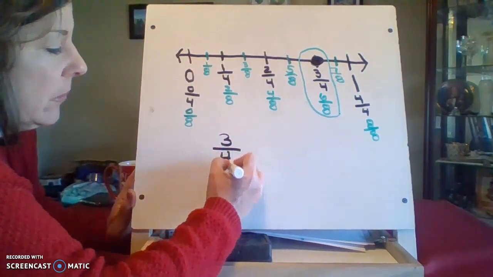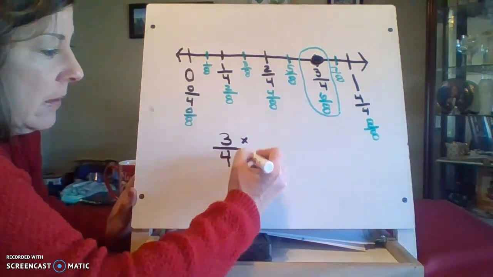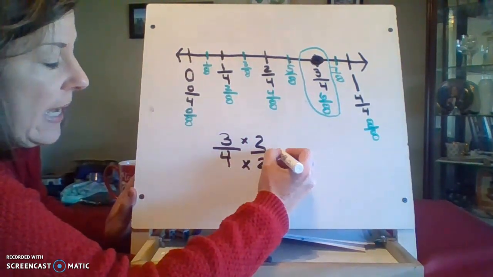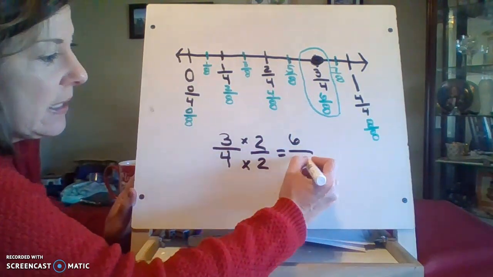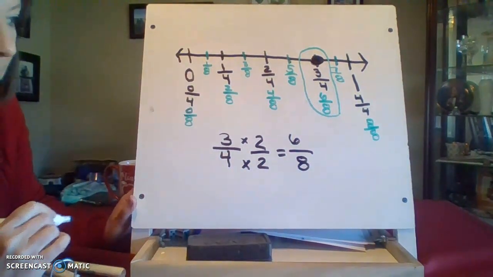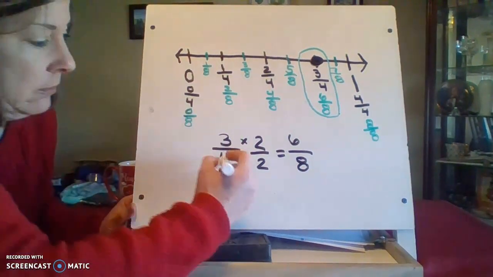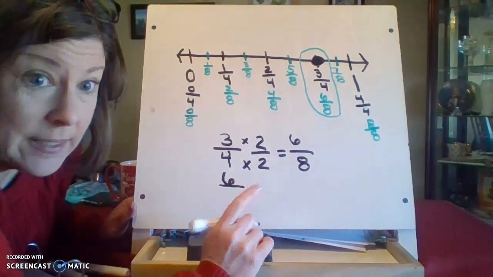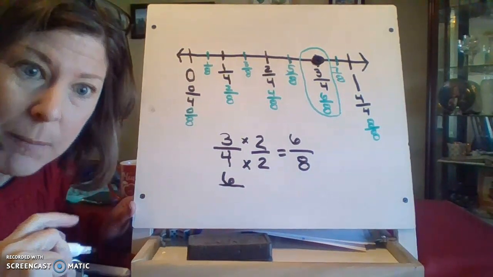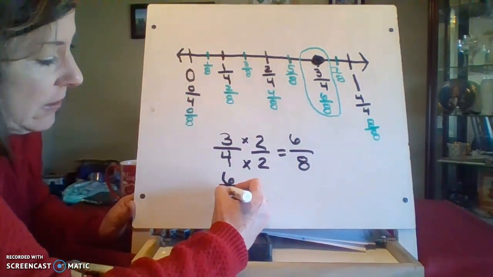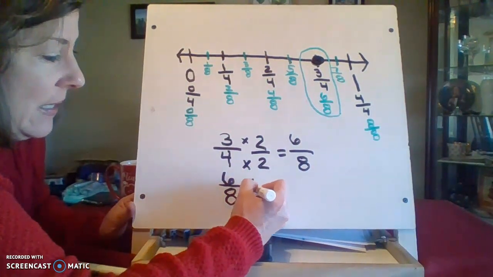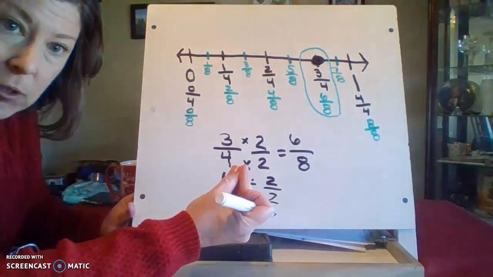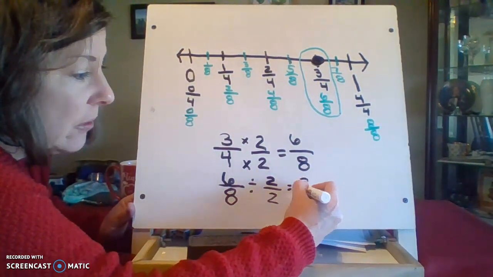So what did we do? We started with the 3/4. We multiplied by 2 halves, and that equals 6/8. Now, I can go backwards too. I know that the opposite of multiplication is division. Bing, bang, boom. So 6/8 divided by 2 halves, putting those two littler pieces together, brings me right back to